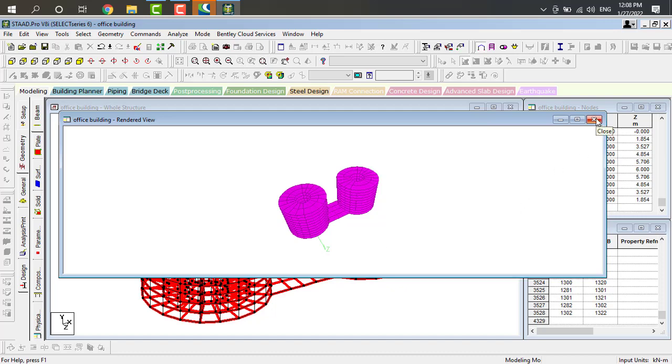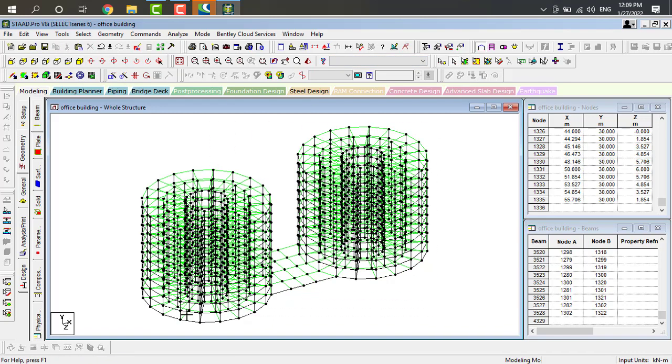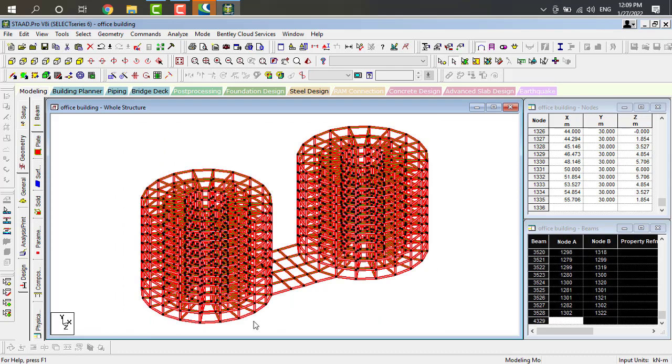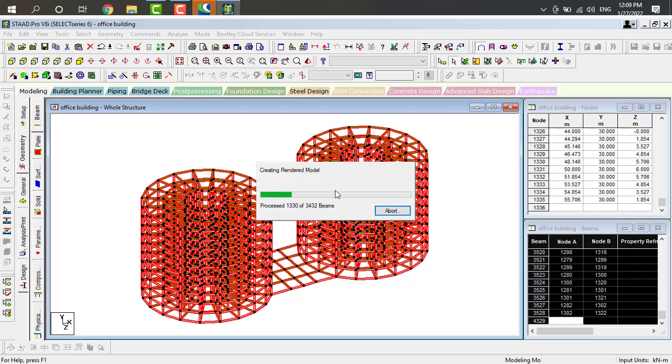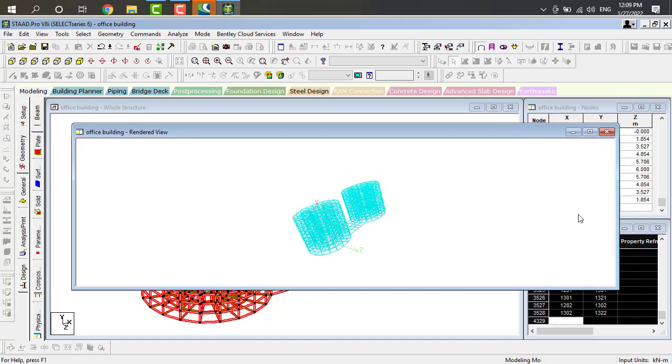These are only plates. So again I want to take the beams also, like this. This is our beams.